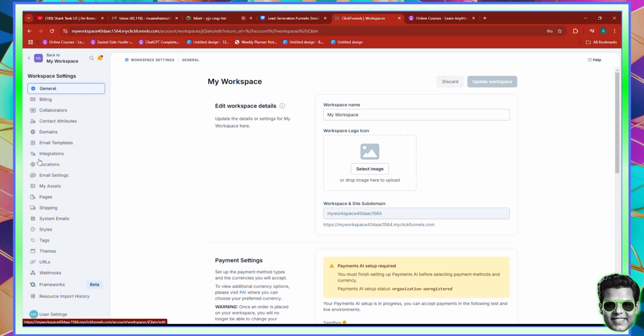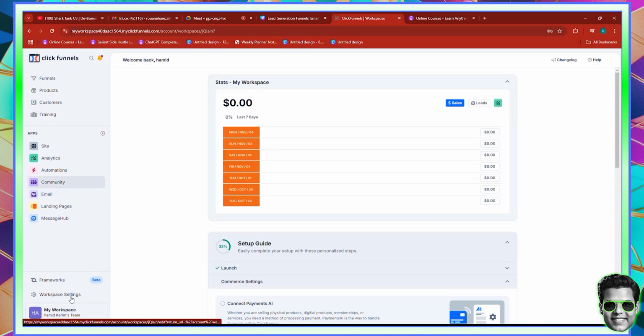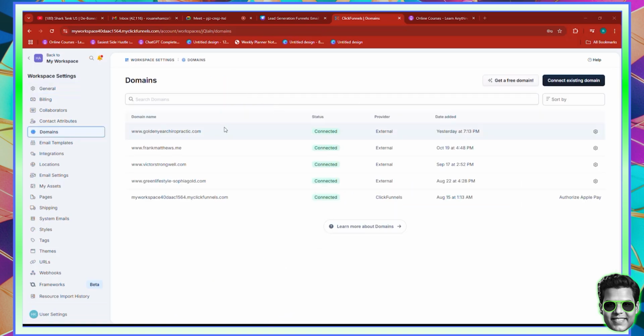And by the way, let me just do it one more time because I believe that I went too fast there. So here in the Clickfunnels dashboard, you have an option which is called workspace settings. Okay. And then what you need to do is simply click on domains. And right after you click domains, you should be able to see that your domain is connected. So my domain here, Golden Ear Chiropractic, is connected,